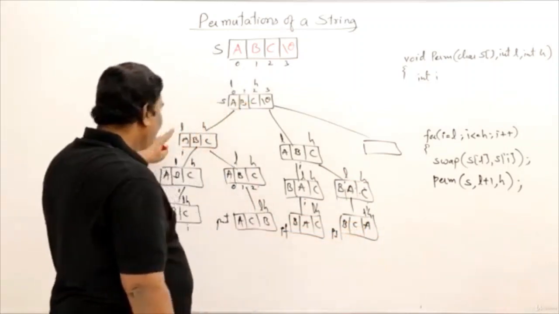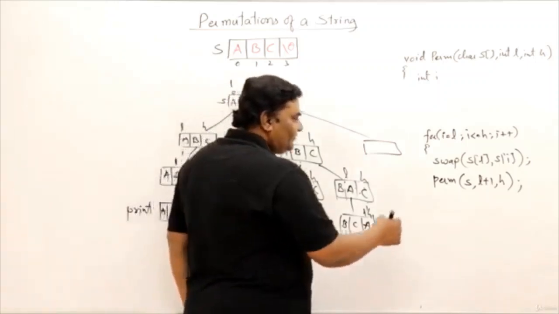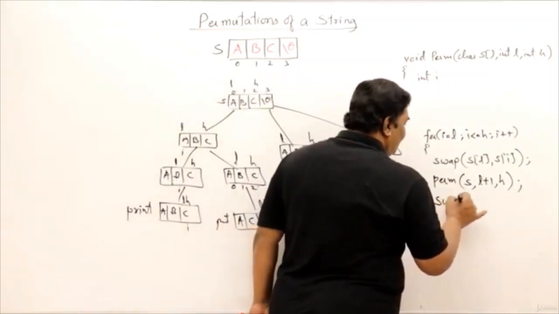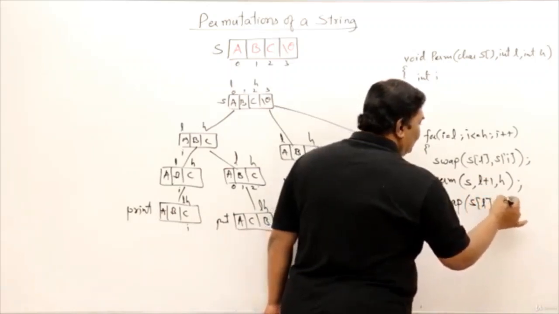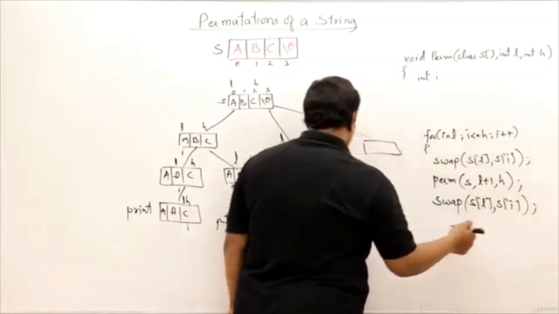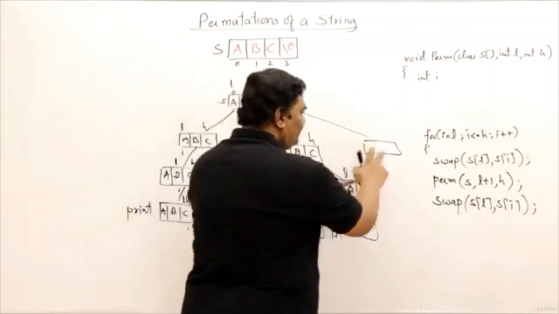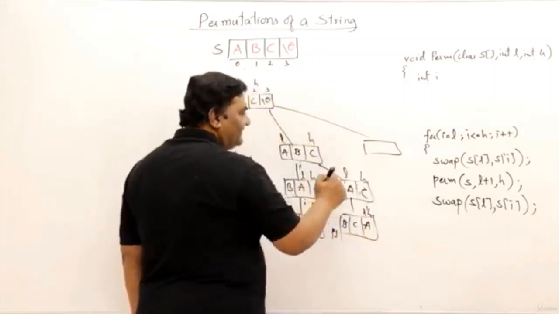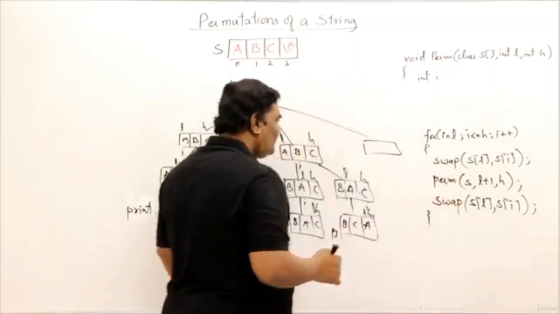Then L is in, right? L was here, the next L is here, then L is here. So when it is coming back, it should swap alphabets at S of L and S of I. We are putting back the letters as it is, right? This was BA, then again it became AB for the next pass, right? Next pass. That's all we have to do in this for loop, and this all we have to do if